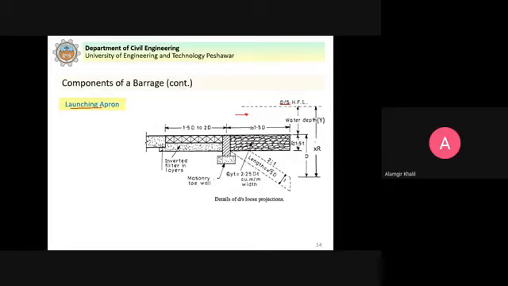Now erosion will take place. Because this is a natural river, we have alluvial soils. So the scour will continue and it will remove the soil gradually from all this area.